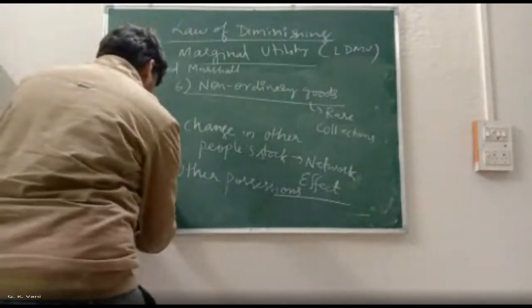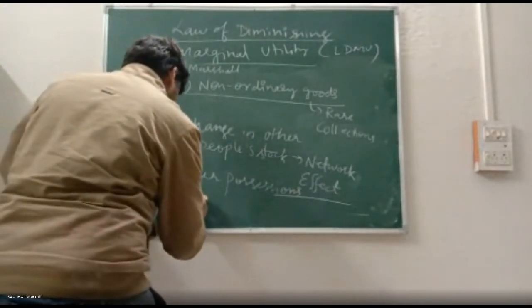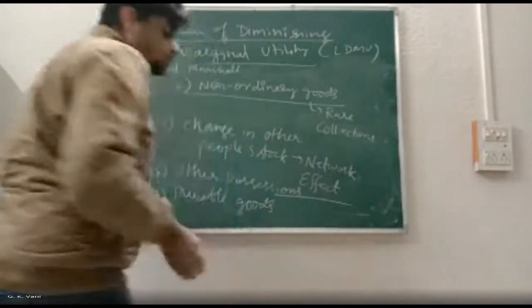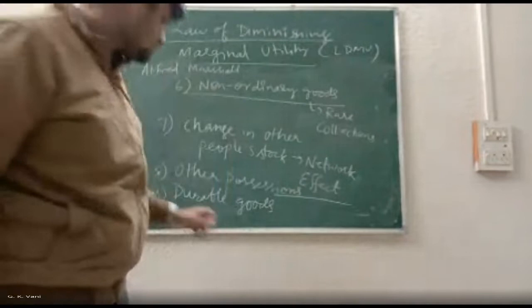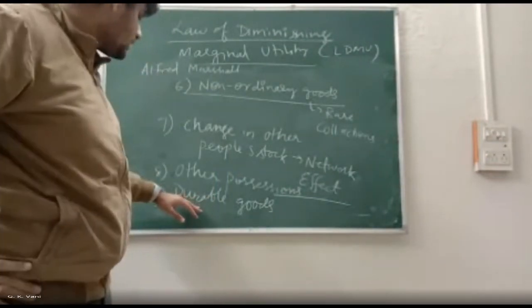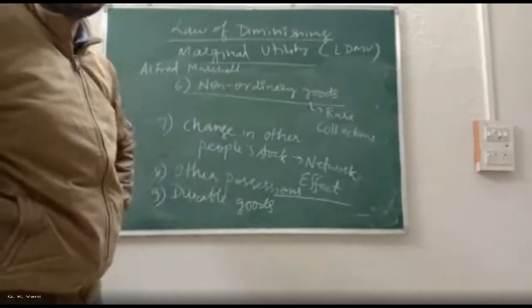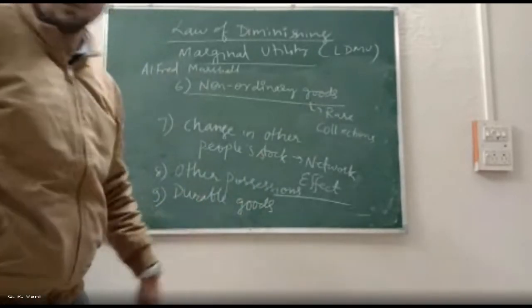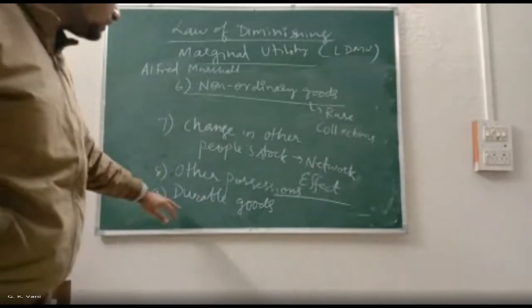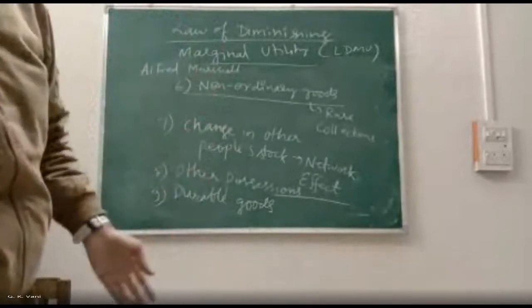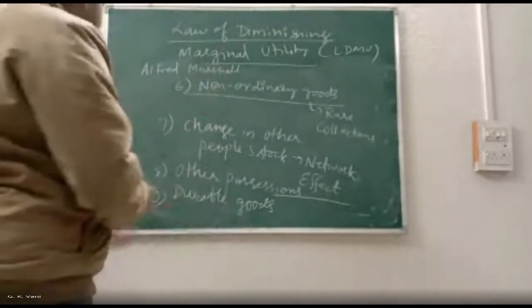Then the next limitation is durable goods. Durable goods provide their services over a long period of time, and therefore their consumption is extended to so many years or a very long period of time. So the law is not applicable because there is intermittent consumption. It's not the continuous consumption that we have assumed in the law. Then the other thing is